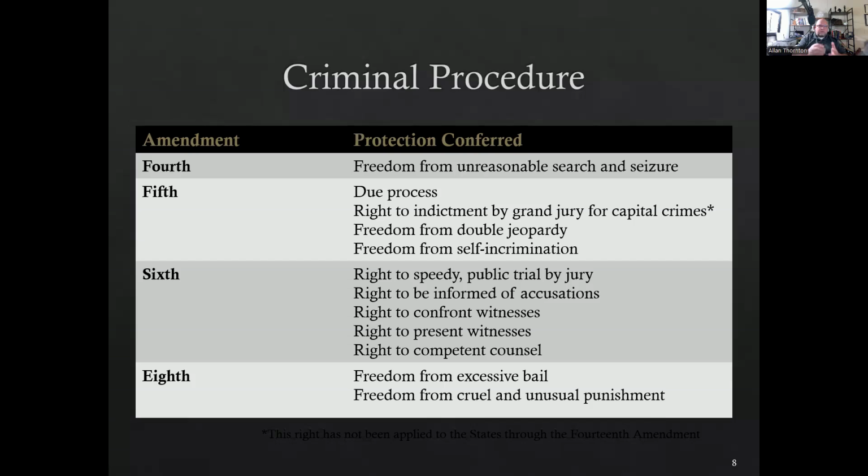What goes into that, we'll spend more time talking about it, but you have to keep in mind that these are rights, just like any right. You have the right to free speech. Doesn't mean you always have to say something. You can not say anything and just not exercise that right. The same thing applies to the rights that we'll talk about when we go through these amendments. You do not have to exercise each of these. There are choices that you can make as a defendant in a criminal trial. And then the Eighth is freedom from excessive bail and cruel and unusual punishment.